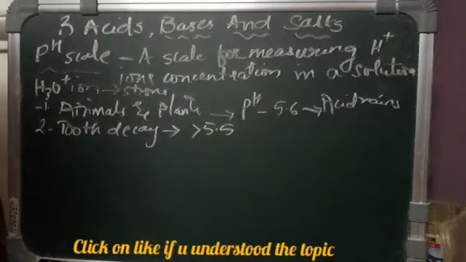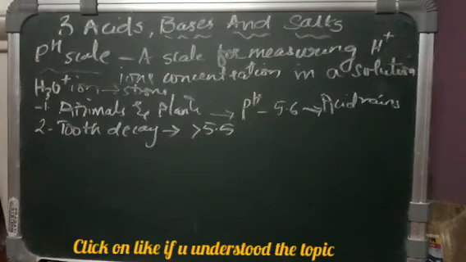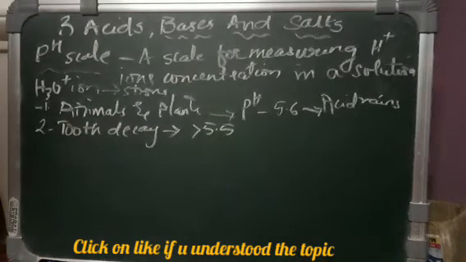Bacteria present in our mouth produce acid by degrading sugar and food particles remaining in the mouth. The best way to prevent this is to clean the mouth after eating. Toothpastes, which are generally basic, neutralize the excess acid present in our mouth and prevent tooth decay. So if the pH is less than 5.5, tooth decay will take place. Simply brush your teeth and clean up immediately after eating.